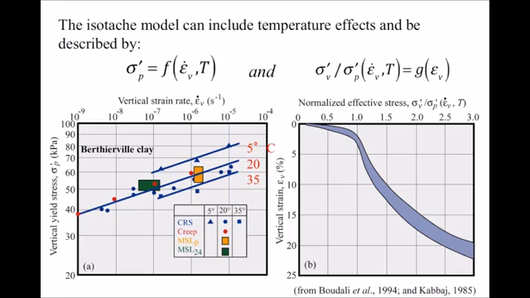And this is shown here for the Berthierville clay, where you have the line in the middle at 20 degrees, the upper one at 5 degrees, and the lower one at 35 degrees. But when the vertical effective stress is normalized with respect to the pre-consolidation pressure associated with the temperature and the strain rate, at that time, all the data come in a very